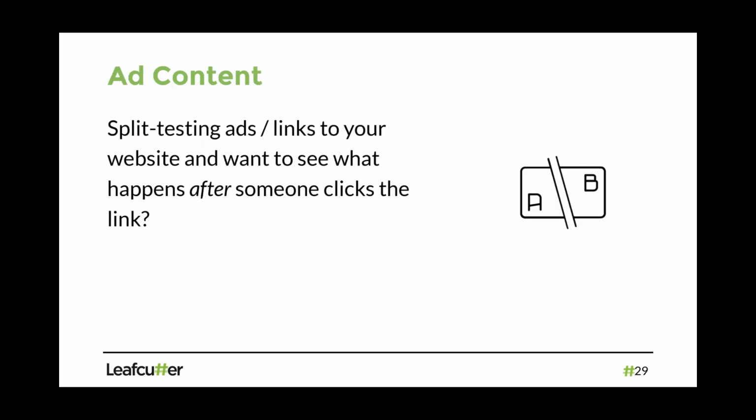The two more, and these are less frequently used. So one is the ad content. This is for split testing. So if you have two links or two ads coming to your website where the other values are the same, so the source is the same, the medium is the same, the campaign is the same, but I want to see, does my ad 1 or ad 2, which one's more effective when someone lands on my website? Well, I can use the ad content for that. It's like a pretty easy way to see that in the results.